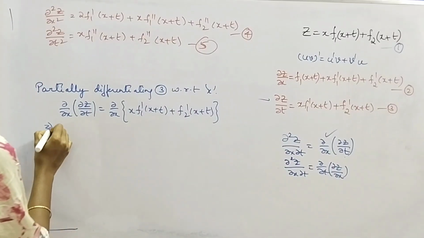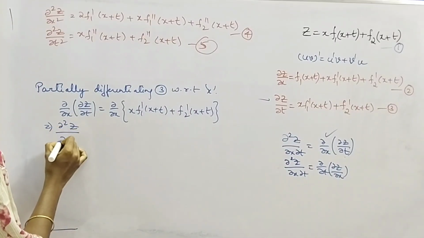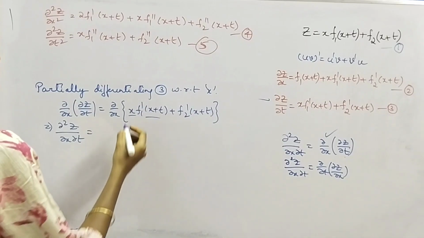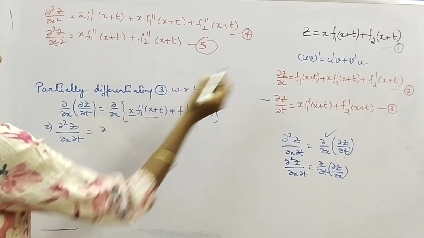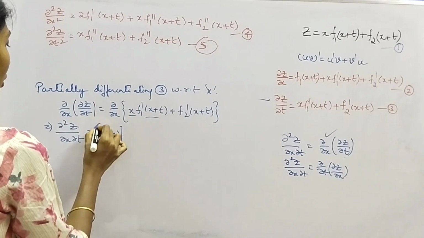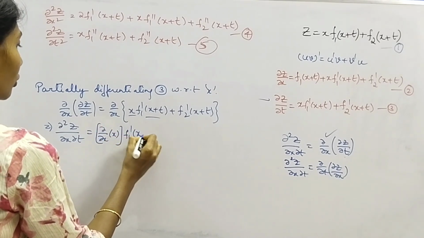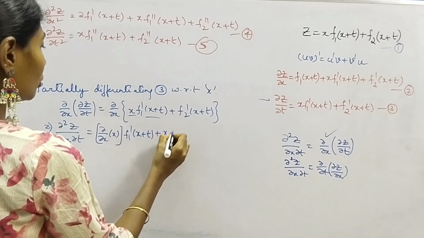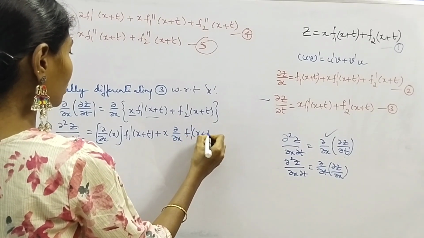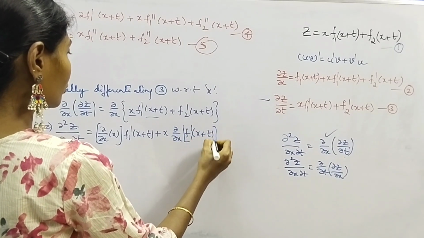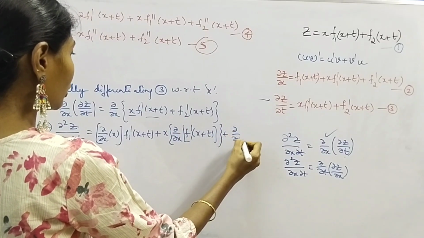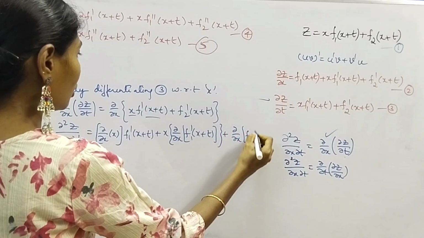Right, this gives us ∂²z/∂x∂t equal to, here you're having two functions, right? So you may need to apply this formula, ∂/∂x of x into f1 dash of x plus t, plus x into ∂/∂x of f1 dash of x plus t, plus ∂/∂x of f2 dash,